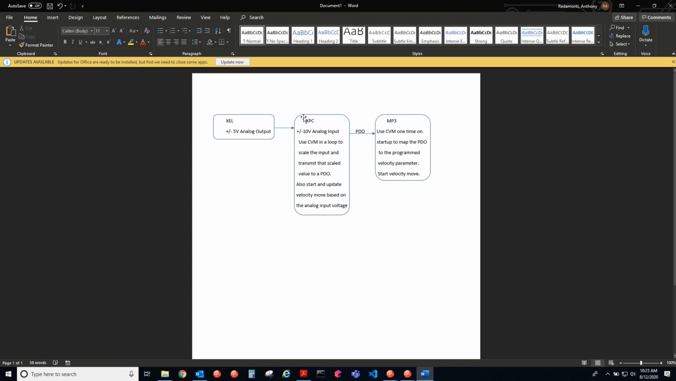The XPC is doing all the work transmitting the PDO. The MP3 just receives that PDO. So it's just going to one time use CVM on startup to map the PDO to the program velocity, and then it's going to start the velocity move. So that's it. Both of these will move with respect to this XCL plus or minus 5 volt sinusoidal